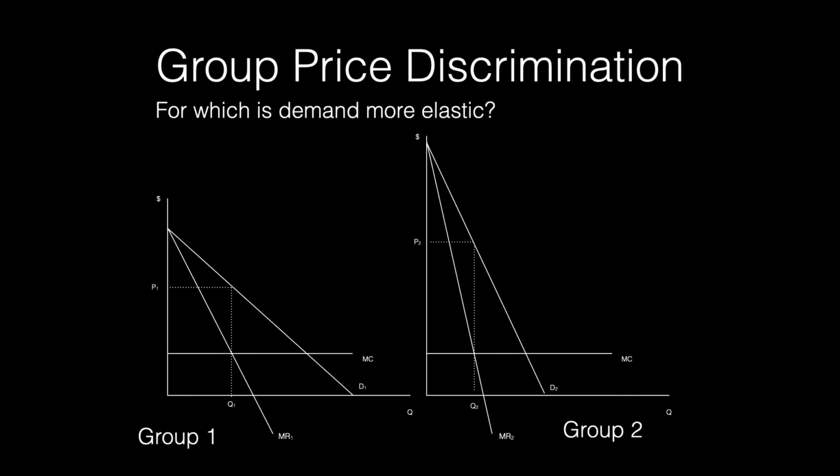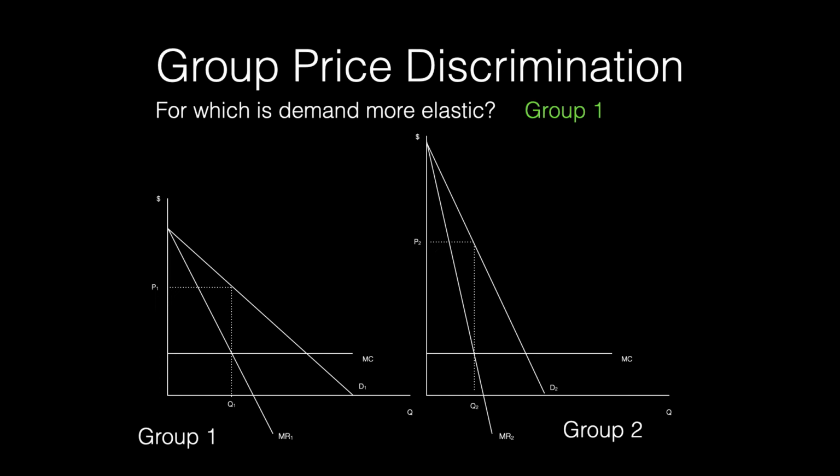In each of these examples, the groups differ in their willingness to pay, or in other words, the groups differ in their price elasticity of demand. In each group, the more elastic group, or in other words, the group that is more price sensitive, receives the discount. Here we can see that group 1 is the more elastic group and thus receives the lower price. The less elastic group, group 2, is not as price sensitive, so the profit maximizing firm will increase the price